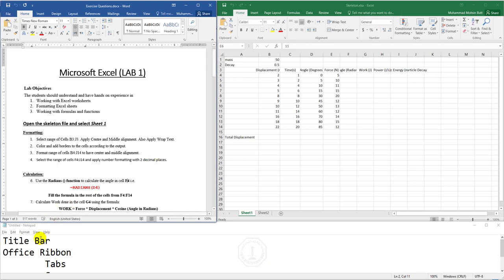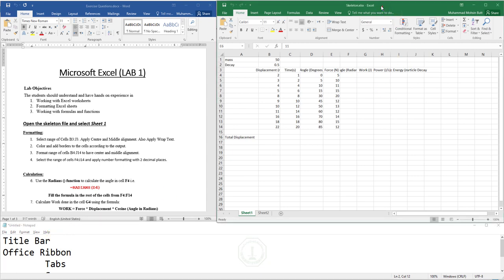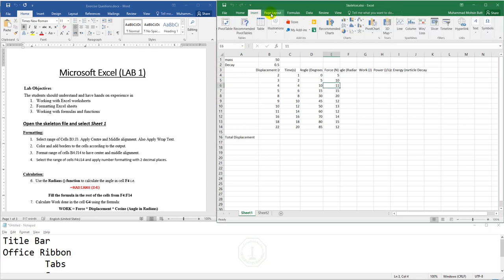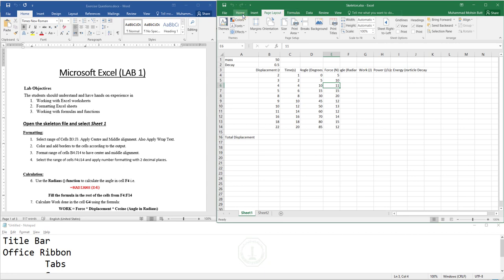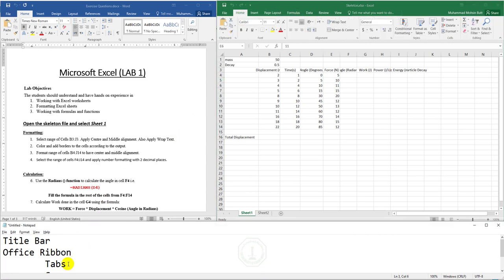For example, the basic terms which we use in Microsoft Excel, the title bar, office ribbon, these things are similar to what we studied in Word and PowerPoint. So just like Word, the top bar which you see on the Excel window, that is your title bar. Below the title bar, this complete box which you see, that is your office ribbon. Inside the ribbon we have different tabs like home, insert, page layout, and so on, and these tabs contain